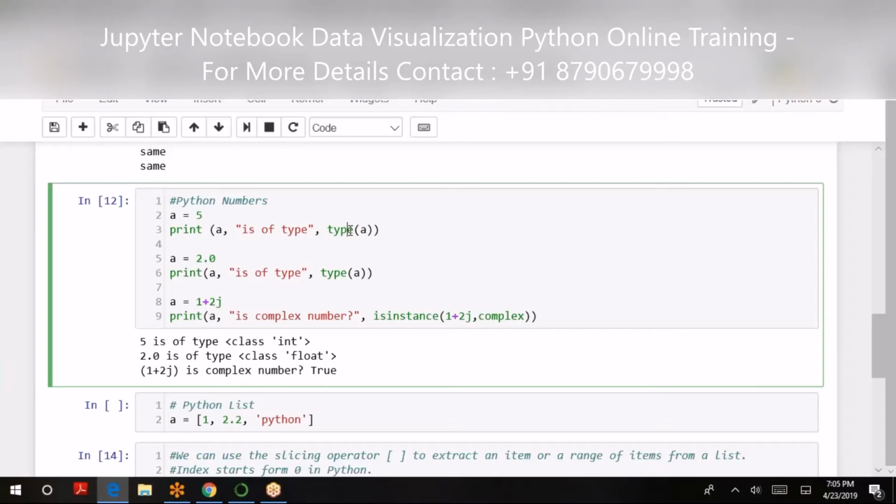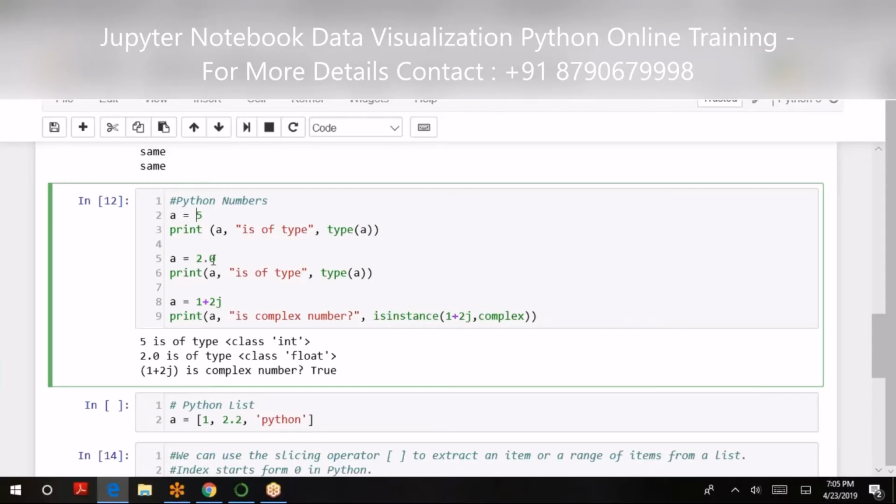Let's say, for example, I'm declaring a number a is equal to 5. It's numerical. It's treated as an integer. If that had been -5, that would be a negative integer value. Subsequently, when it is given as 2.0, it is a float value.